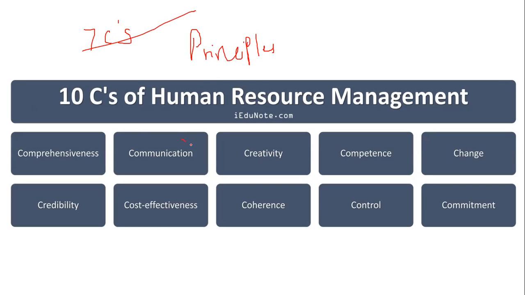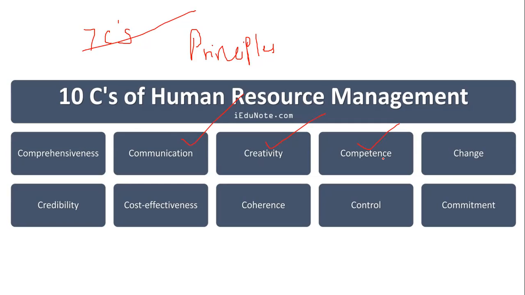It should be communicated well, a good amount of communication. Creativity, yes, a certain amount of innovation, no monotonous form. Competence means it should include things as per the capability of your employee. So you should find out the potential of your employee, and how you will help your employee bring a proper, higher, superior performance. Change management means accepting the change, ensuring that the change is done in order to develop, to go ahead with your organizational goals.